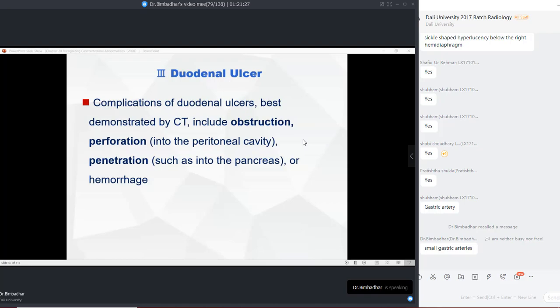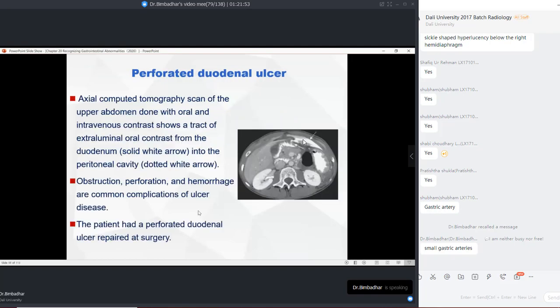If you have remembered the celiac axis, questions can be asked for you to recognize which arteries you might be looking at in radiology, and other things you can be asked as clinical questions. If the ulcer is seen in this location, what is the artery that is involved? So that's the reason it is important. And remember, this question might be asked: what are the complications of a duodenal ulcer? A perforated duodenal ulcer is going to cause